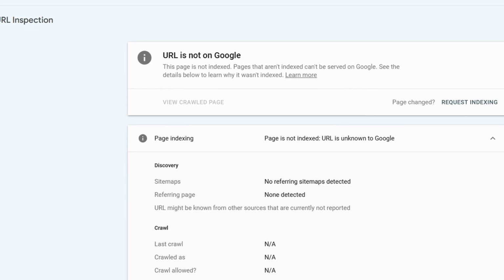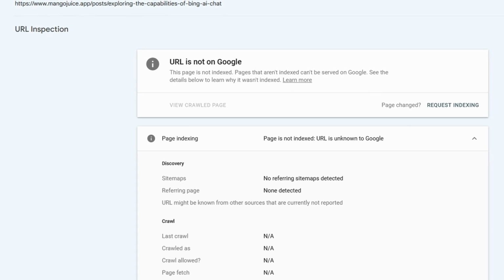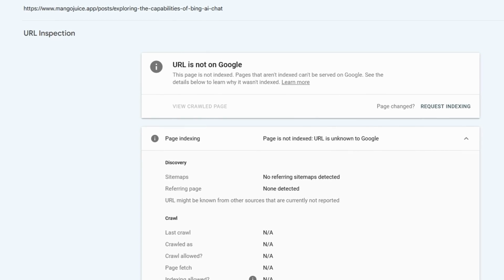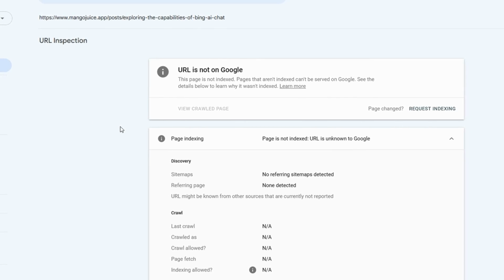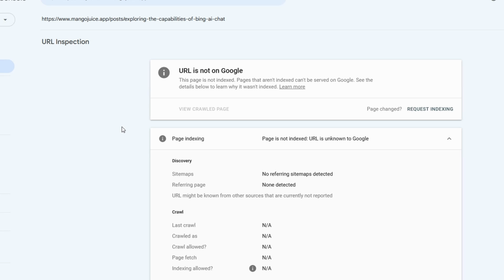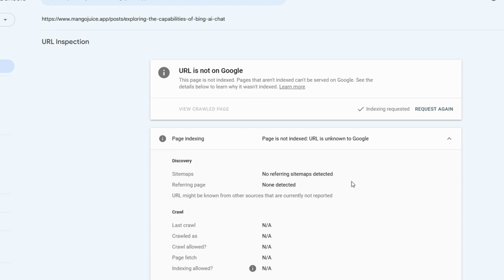Now, if we want to force the indexing of our new page, pretty easy. Just go to Google Search Console, and over on the left-hand side, just click on URL inspection, paste the new URL in and hit enter, and you will get to the page that looks a bit like this. And because this page is brand new, Google doesn't know what it is. It's never seen it. And you would expect to see this message here. URL is not on Google. And all we need to do is press request indexing. And with a bit of luck, within 24 hours, our site will be up, but it can take longer. And there we go. Our indexing is requested.